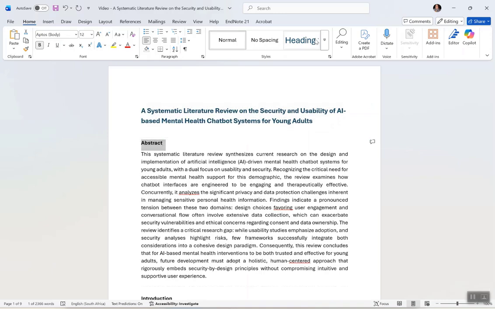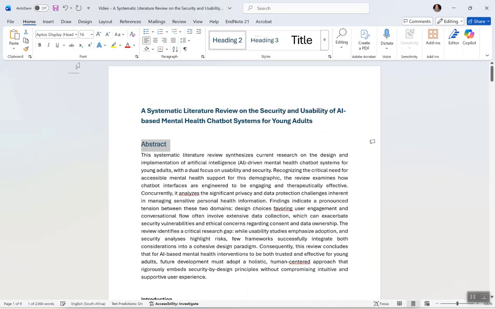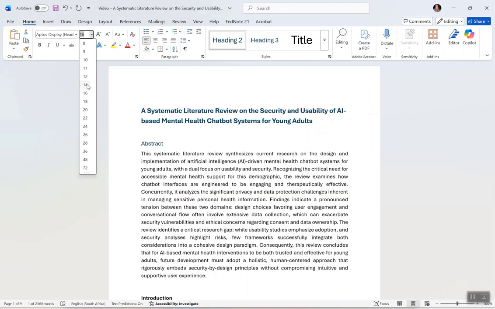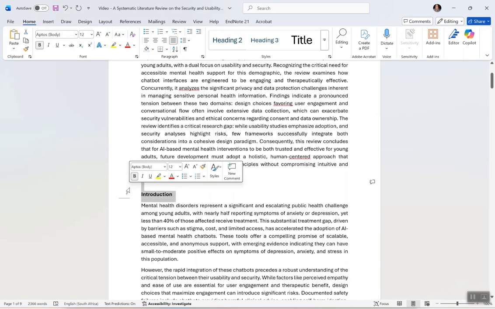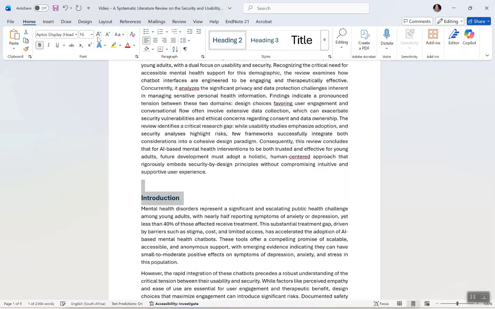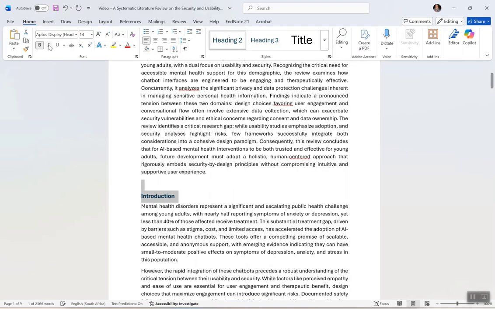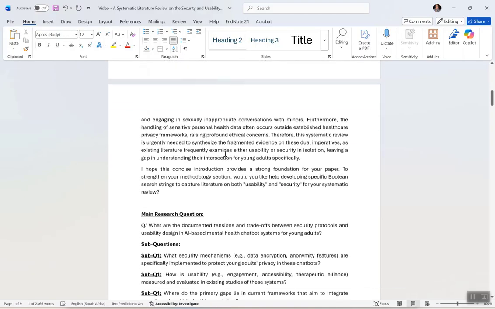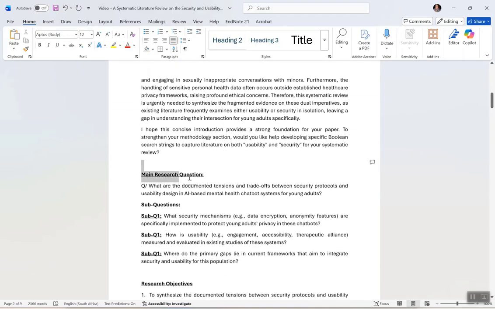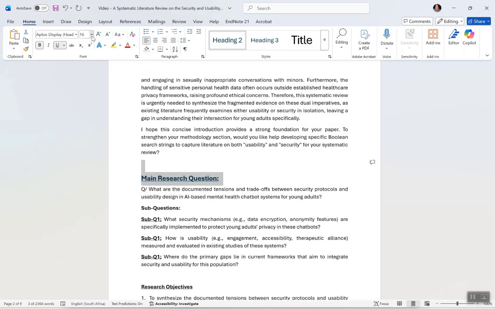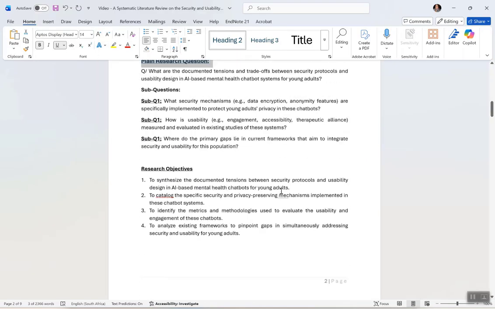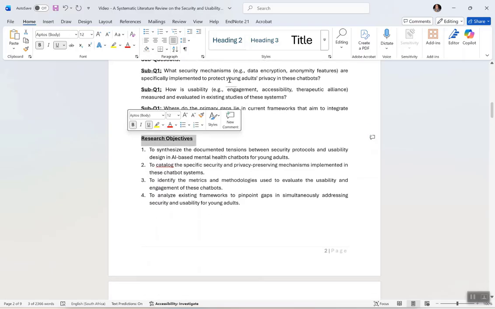We have our abstract, and you're going to put it in 14, bold. We have our introduction, 14, bold it. We have our research questions, 14, bold it. We have our research objectives,